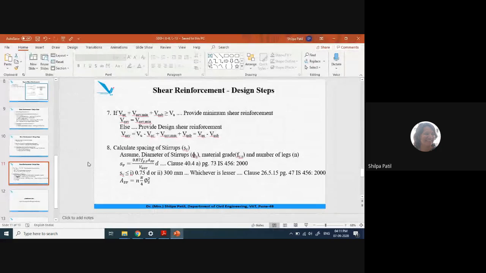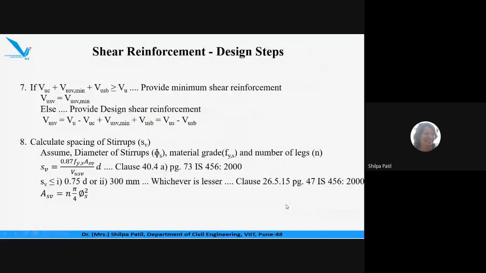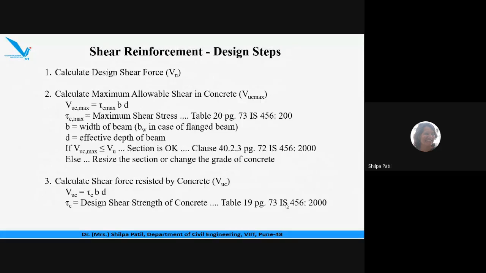So this is about the design for shear. Do you have any doubts in this? Whenever we start problems based on design for shear, you should have all these steps with you. I don't think that you have noted down all these steps,